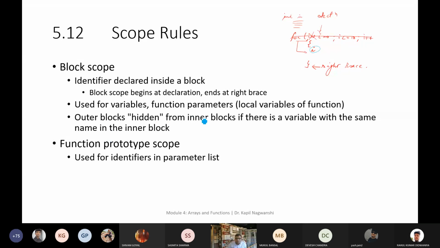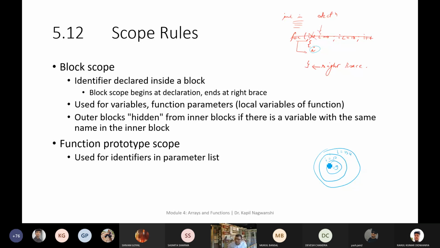Other blocks are hidden from inner blocks if there is a variable with the same name. So just try to understand wherever your domain is. Suppose i is declared here, i is also declared here, and i is also declared here. i equals 254.